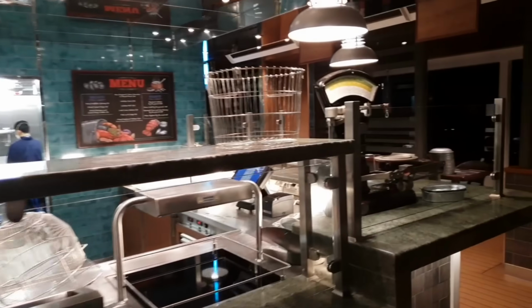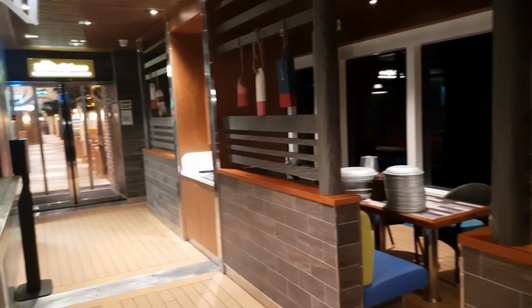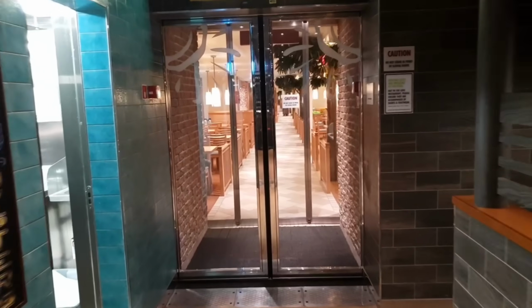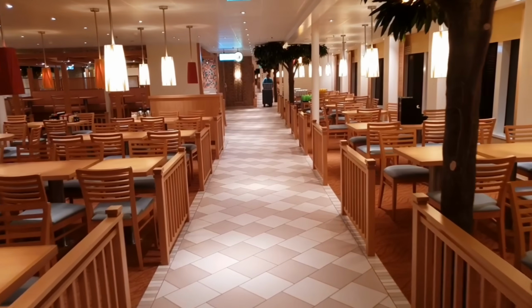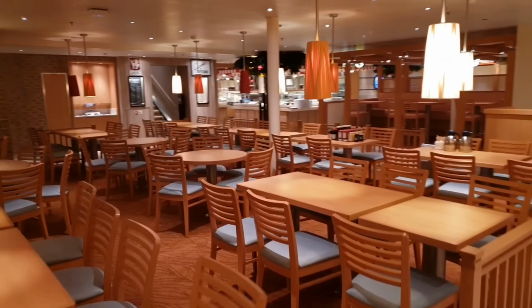So this back of Deck 10, there is a different video about the entire area. You might want to check that out. The Deck 10 aft Tides pool and bar video. Maybe check that out if you get a chance. And here we go back down along now the starboard side of Deck 10. So basically you'll see back